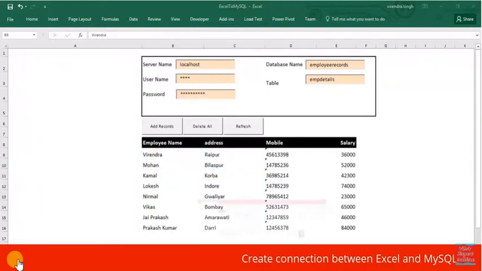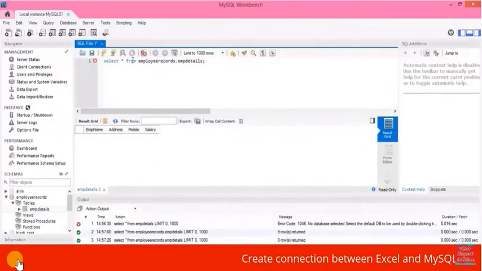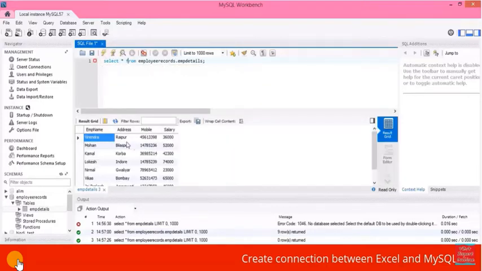So we will check. This is the query to show the data from the database, from the mdetails table. This is a SQL query. You all know this query. I run it. Just check that all the records from our Excel sheet have been successfully stored in our table.